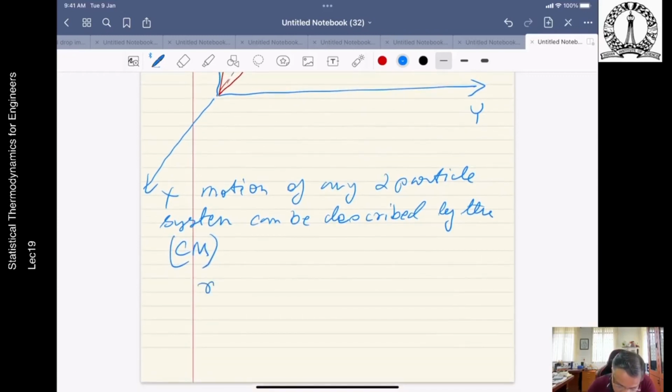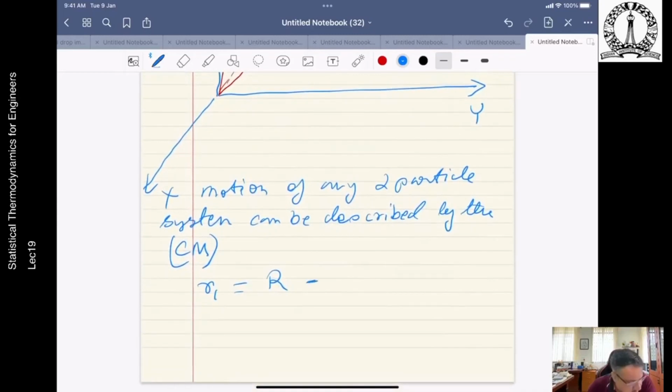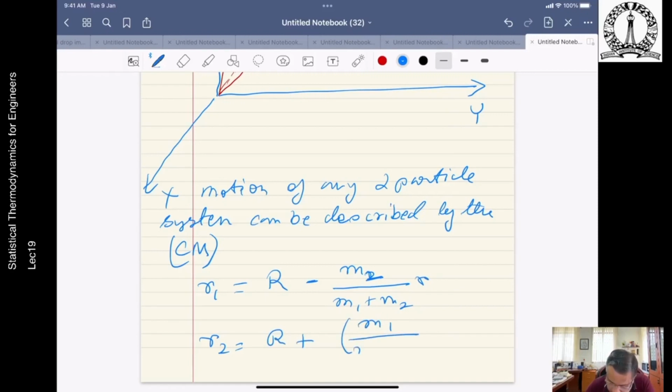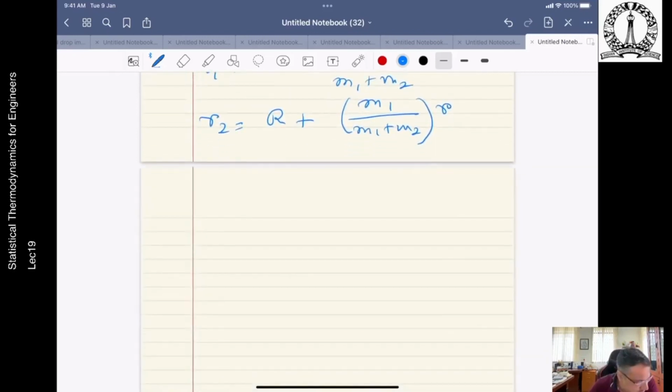So R1 is basically equal to R minus M2 by M1 plus M2 into R. R2 is equal to R plus M1 divided by M1 plus M2 into R. Right. Therefore,